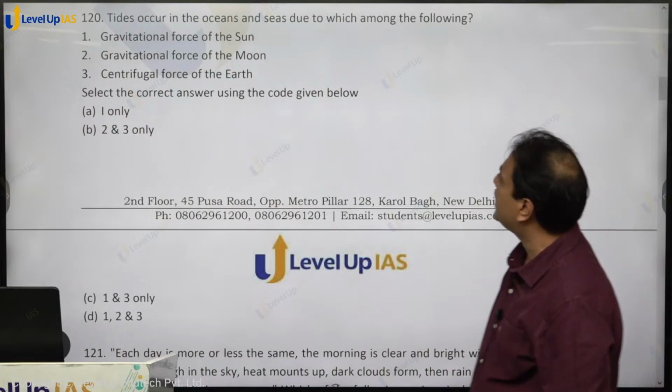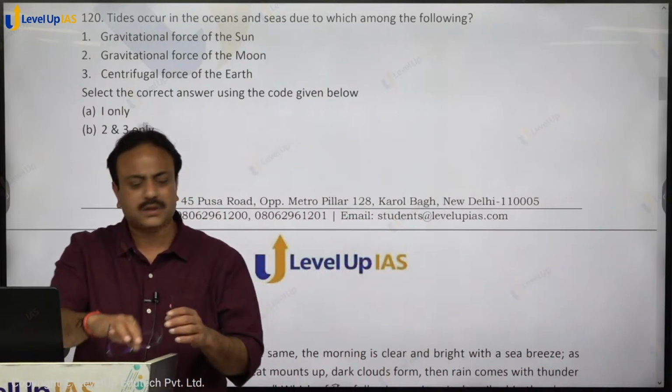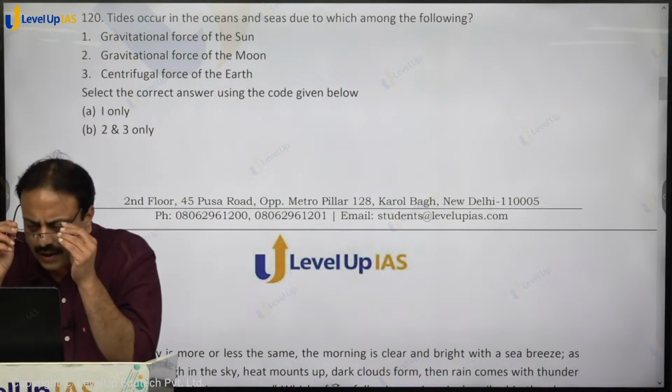Tides occur in oceans and seas due to which among the following? Gravitational force of the sun, gravitational force of the moon,